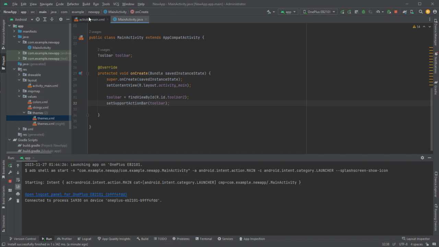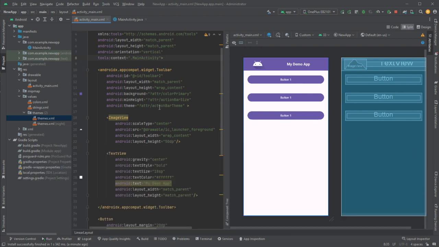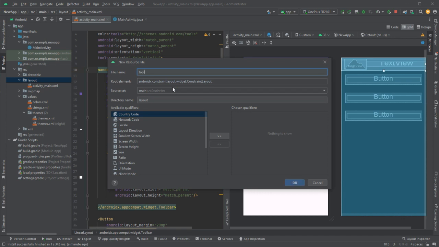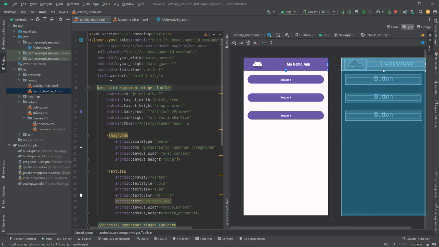is how toolbar works. And also you can create multiple toolbar layouts, and then you can include them according to your requirement. So for example, if this activity needs this kind of toolbar, create one layout and include it here. So let's just try to create one layout, and I will write layout underscore toolbar underscore 1. Okay, and I will just copy paste this code. I will just copy the toolbar part